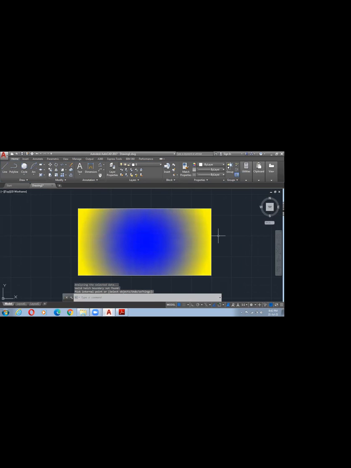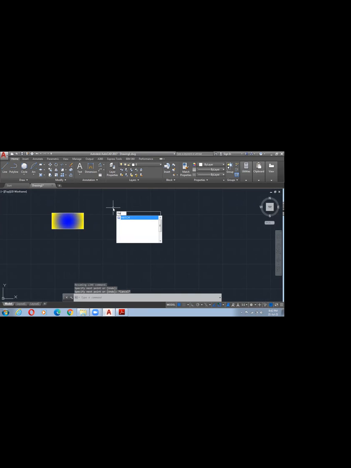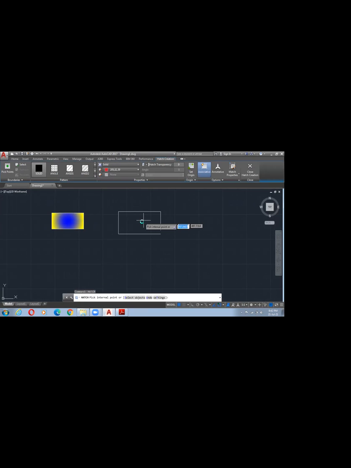This is what, in the single hatching we have these three types: hatch, gradient, boundary. In the sense, solid, this is what gradient. And coming to this, see, if it is open, whether here it is bigger, even though a small amount of gap is there, we won't get the hatching process mostly. In most cases you will get it, but especially it won't succeed. Hatch, enter, select the point.